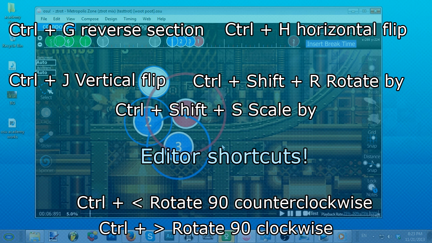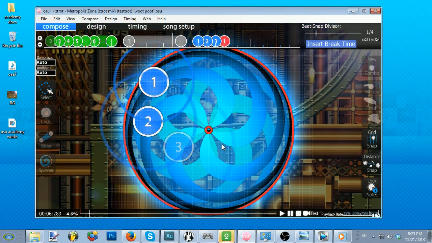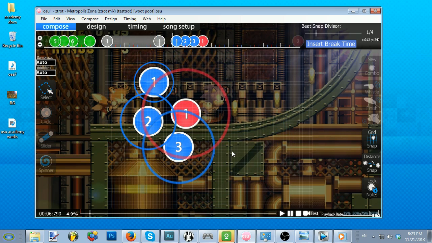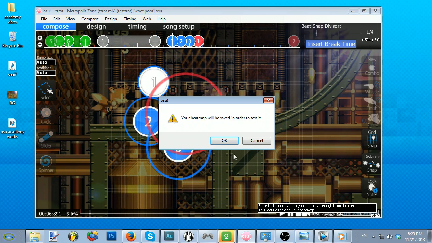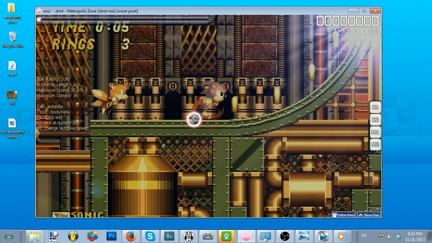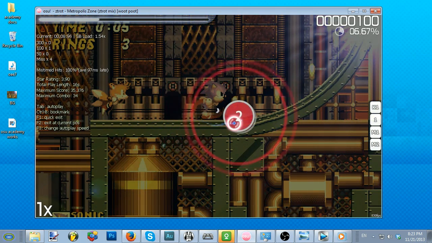Now that you've been placing beats for a while, it's time to test what you've created. You can test your map at any time by pressing the test button at the bottom of the editor next to the play and pause buttons. Be sure to test your beat map often, as it is one of the best ways to find errors in